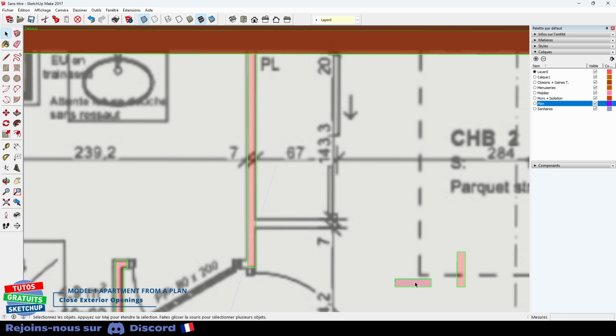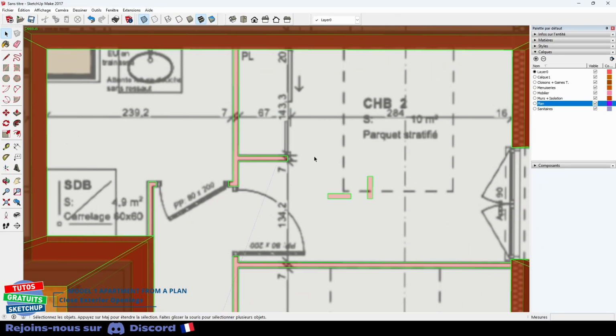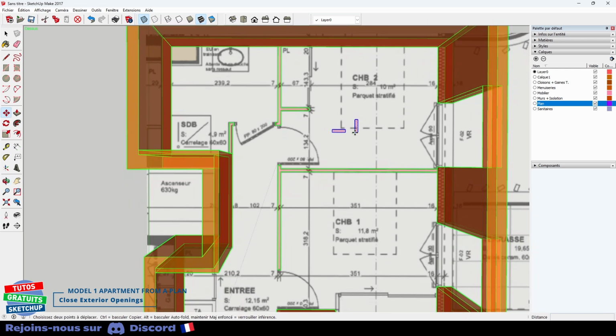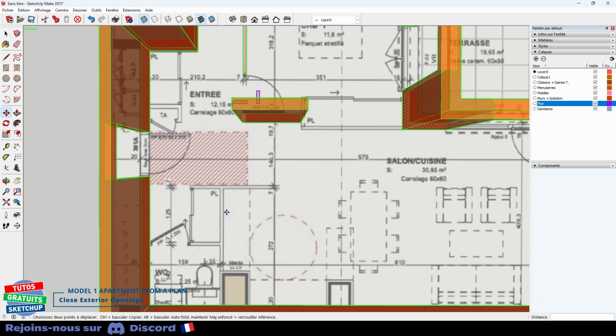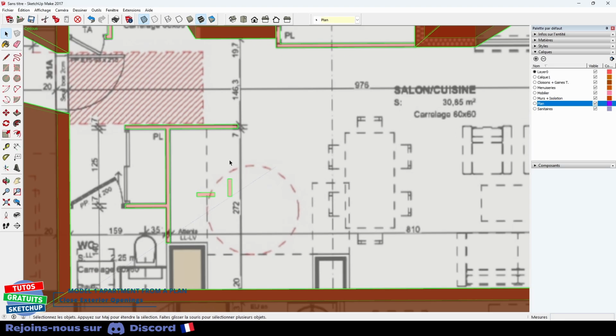I'll pause it and come back for the rest. I finished my upper part. I'm going to select the two. I'm going to move them directly a little further down here, for example, in the middle, to be able to make these partitions there, and then I will move them here to finish the rest of my apartment. I'll finish and come back. I just finished my last partition. I delete my two surfaces that I used to model.